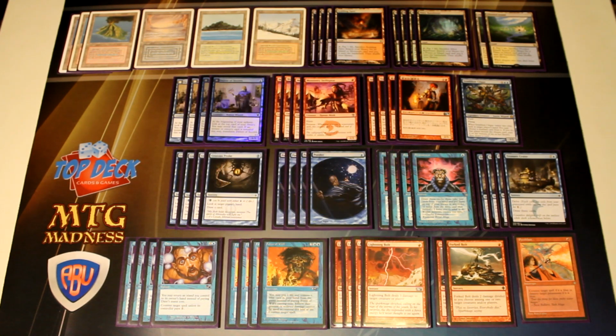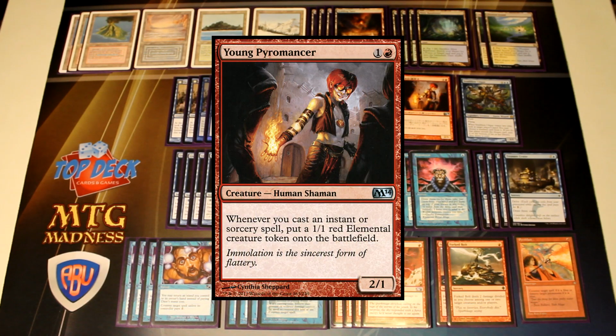We have our 4 Young Pyromancer in the deck, so whenever we're casting instants and sorceries, we're getting an additional 1/1 onto the battlefield. Usually with Young Pyromancer, it's not a card that you just slam onto the table as soon as possible, like on turn 2. There's a little bit of strategy to actually playing the Young Pyromancer, like being able to play him and also protect him in a turn, or at least be able to play him, and if your opponent tries to bolt him, get at least 1 or 2 activations off of the Young Pyromancer, whether that's trying to counter with Daze or something like that,